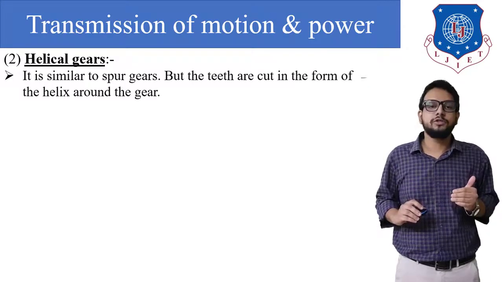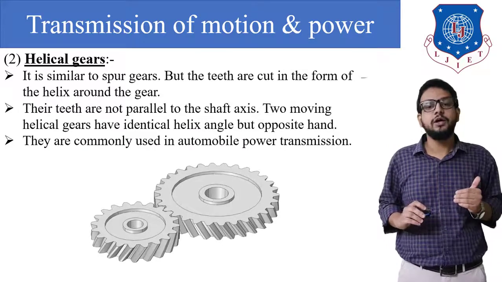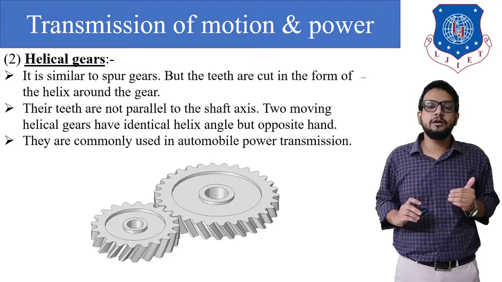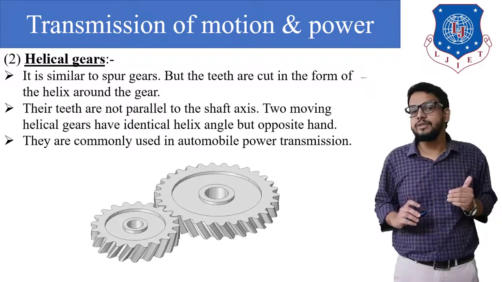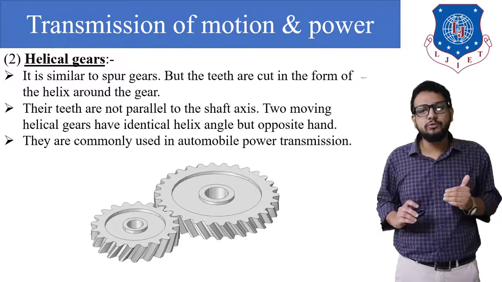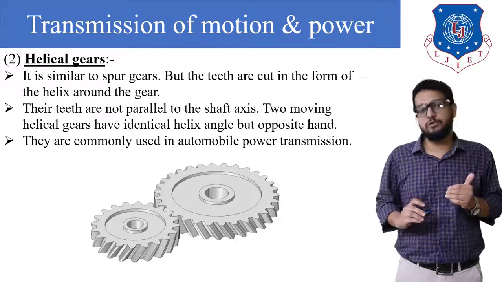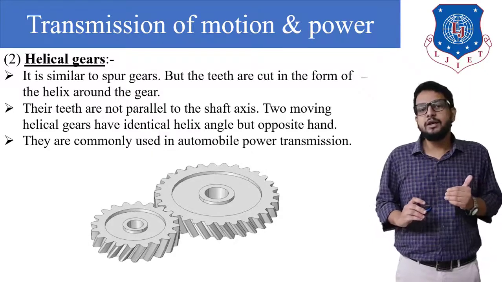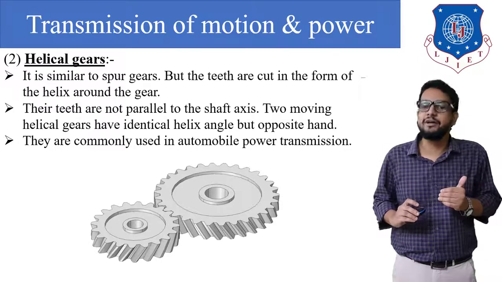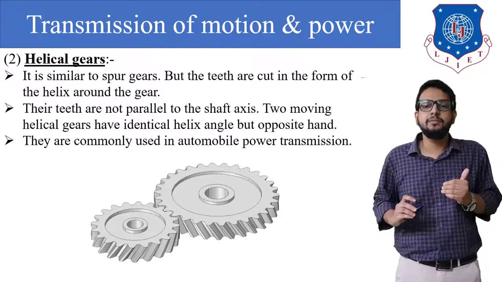Now how does it look? So as you can see the diagram of a helical gear. Now in this type of gear, you can clearly see that the teeth are cut at a certain angle with the axis of a shaft or axis of a wheel. It is similar to a spur gear, but teeth are cut in the form of a helix around the gear. Their teeth are not parallel to the axis of a shaft. It is making a certain angle with the axis of a shaft,